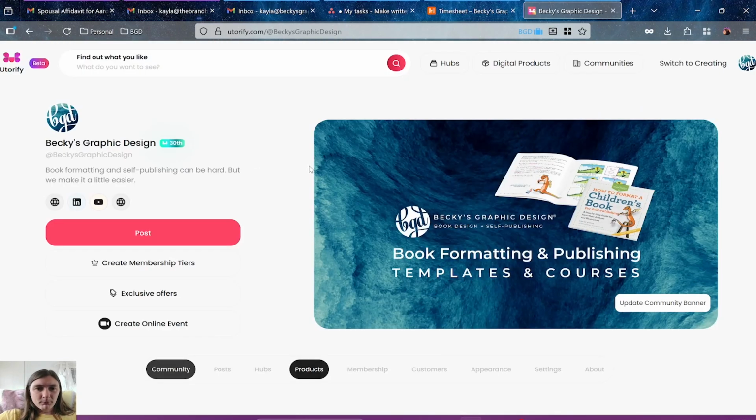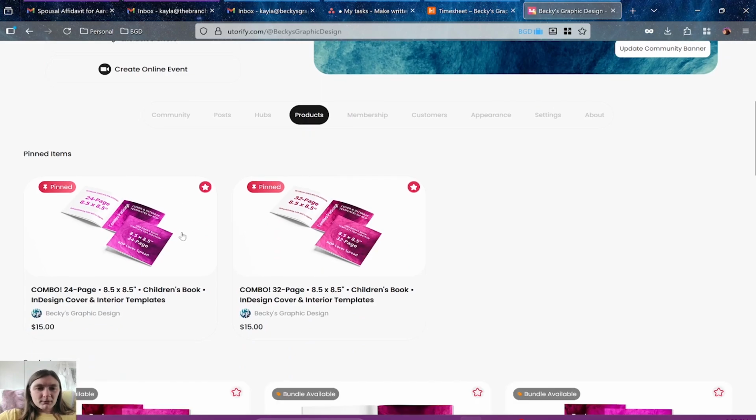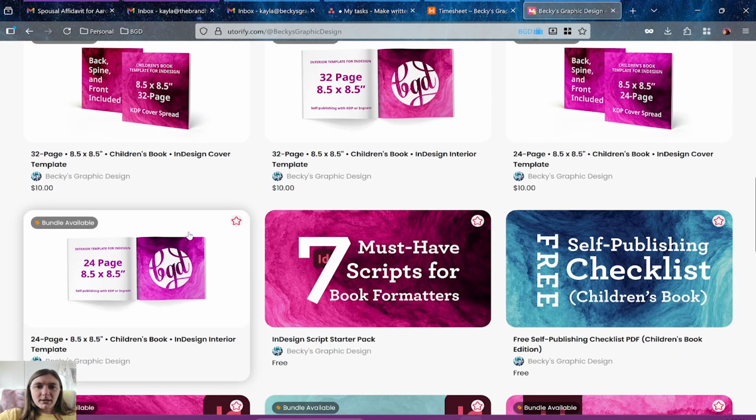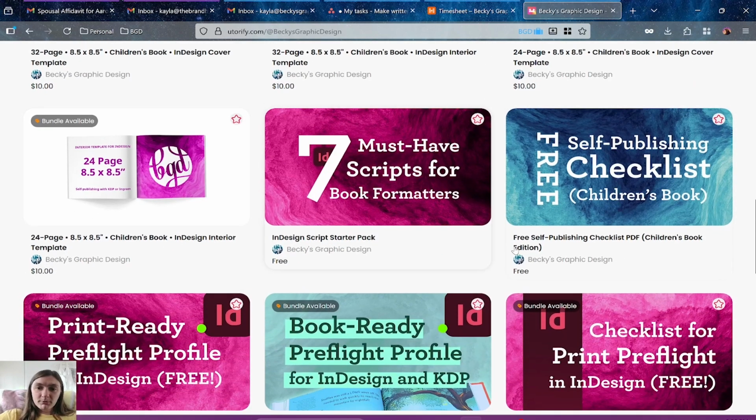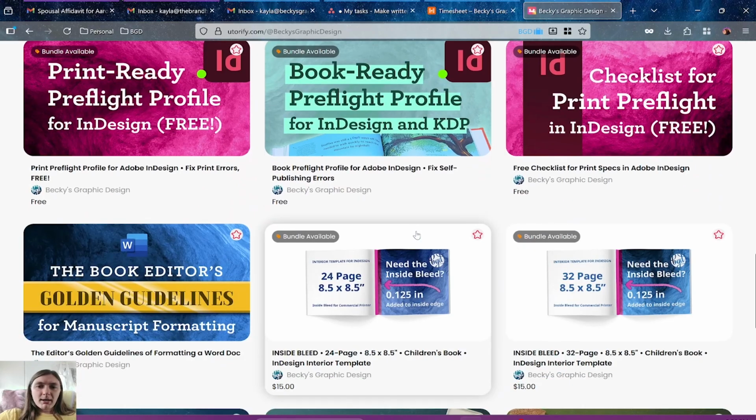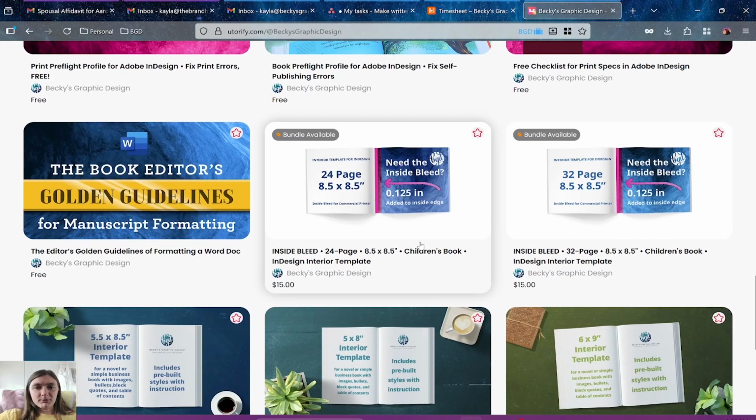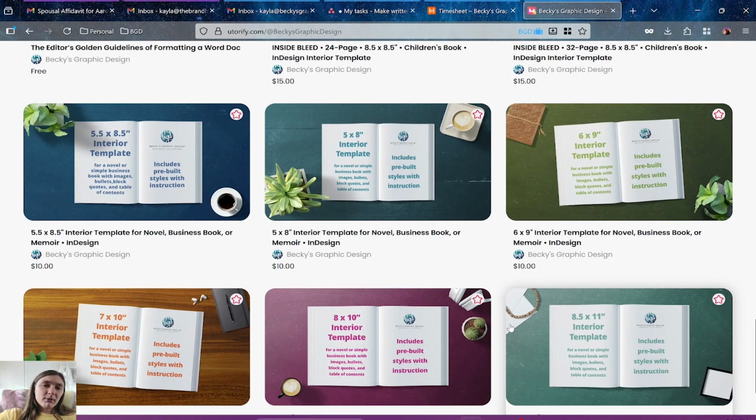If we navigate over to the Products tab, we can see all of our graphic design products. Some of them are free, some of them are resources or checklists, things like that. We also have specific templates for specific items. For the sake of this example, I'm going to show you the 6x9 interior template. So if you click on this,